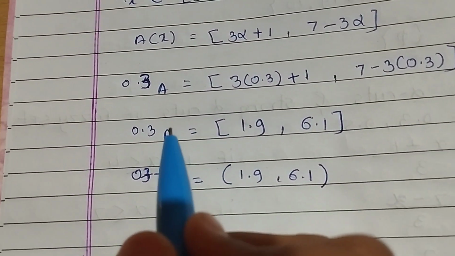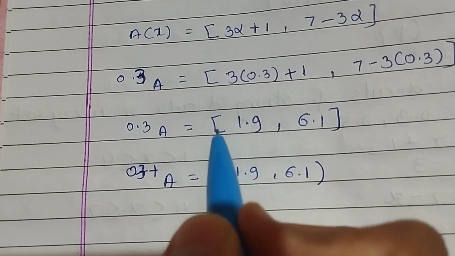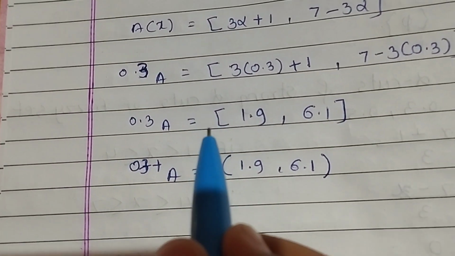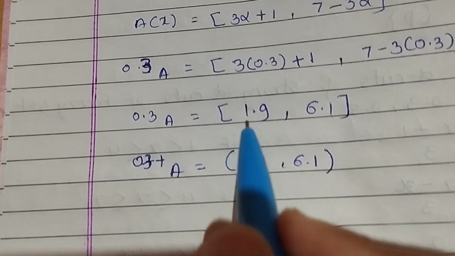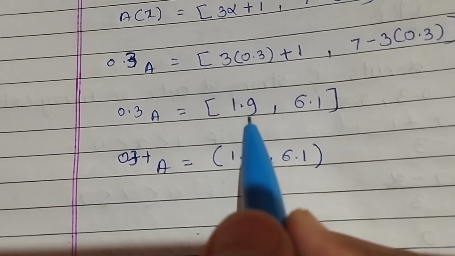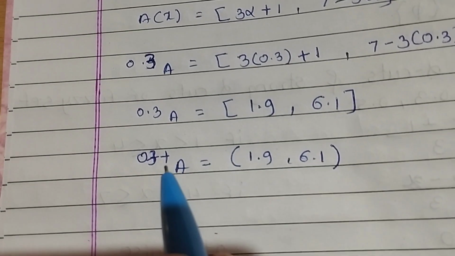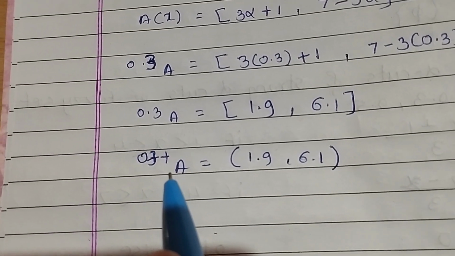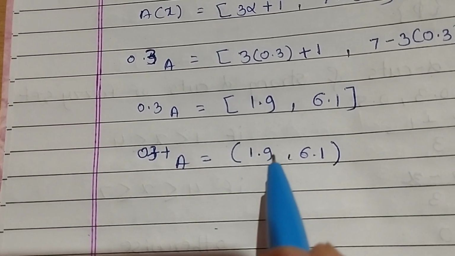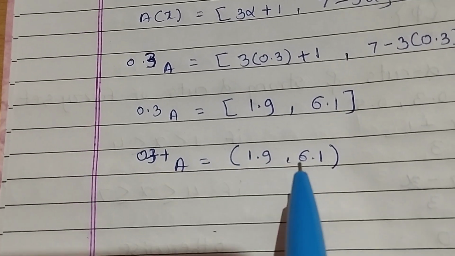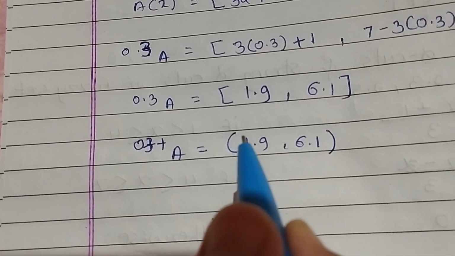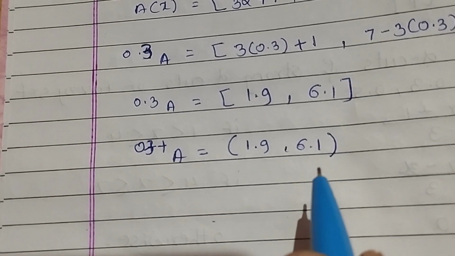If we want to write the alpha cut, that time write the closed bracket, because the definition of the alpha cut is that the value A of x is greater than or equal to alpha, meaning 1.9 is wanted in our set. So that's why we write it here. And the definition of the strong alpha cut is that we only want values greater than, not equal to. So 1.9 and 6.1 we do not consider, because if we consider them then the values are equal. That's why we write the open bracket here.